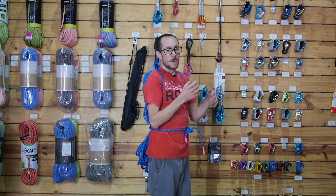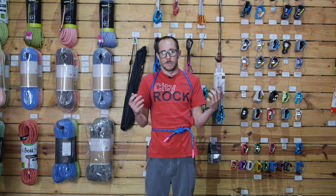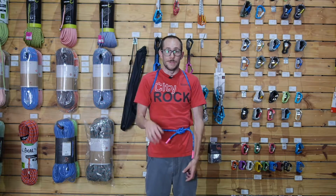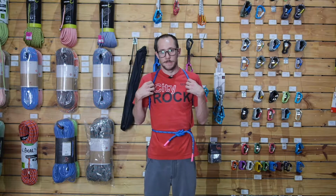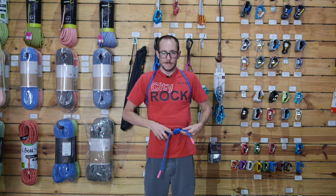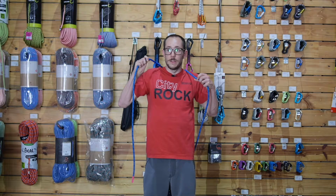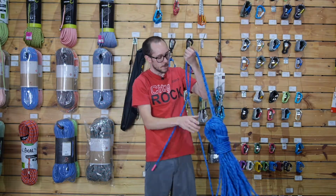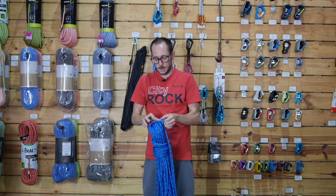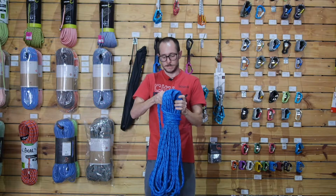You can scramble a section or hike far with it, or if you have friends that are coming, you can make your friend carry the rope if they don't have a bag. So that's quite a useful thing. And to undo it is exactly the same as the other one. You just untie, take off over the top of your head, undo the ends,